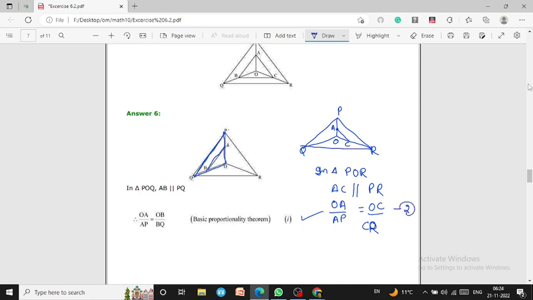This is the second equation. From the first and second equations we get OB over BQ is equal to OC over CR, and by the converse